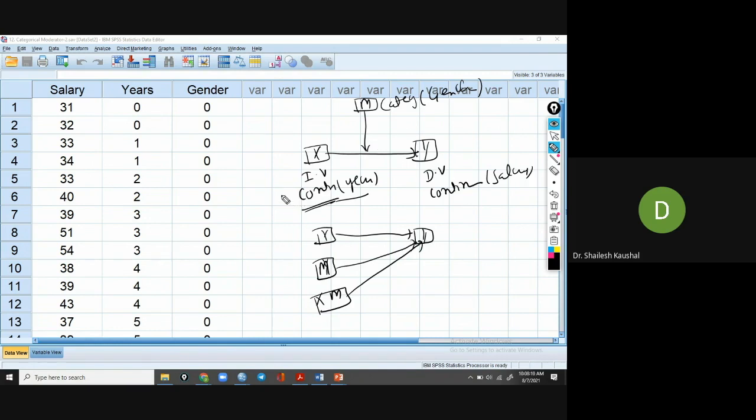In the second condition, I'm checking with the independent variable continuous and the moderator variable categorical. We want to find whether this B3 is significant or not. In this case study, it's not significant, and in the next case study we will find a significant interaction result.